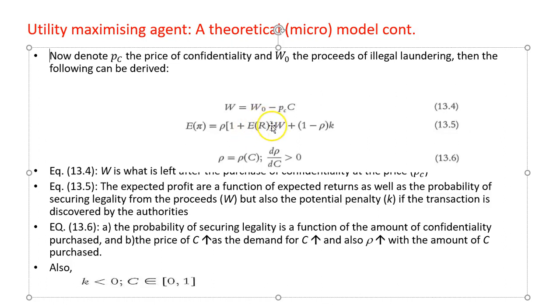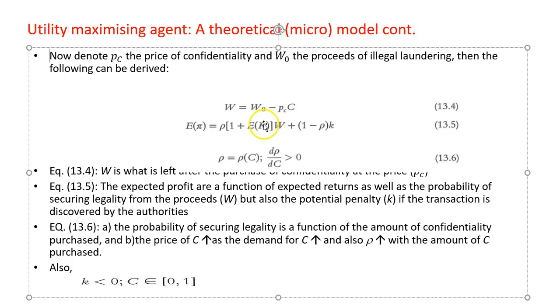So it's a little bit of over-analyzing the position, I think. Anyway, we introduce rho here, and rho is the probability of securing legality, right? So we have the probability of securing legality times this, which is the benefits of money laundering net of the